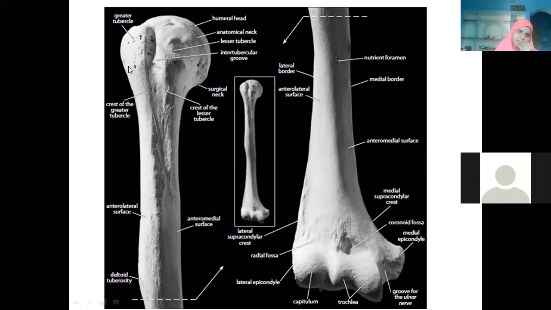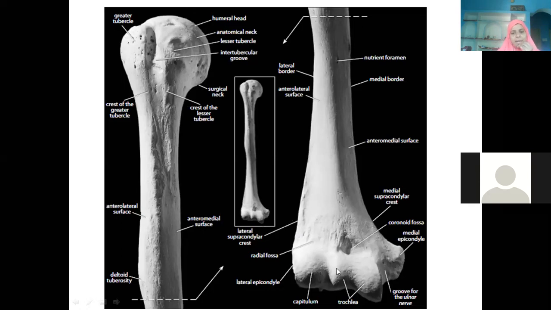Now you can see these bony elevations. So nice it is. This is the lesser tubercle. This is the greater tubercle. Between the two tubercles, we have the intertubercular sulcus. And I told you one border is running like this in front. We call it the anterior border. And this is the lower end. So nice, a very good picture it is.